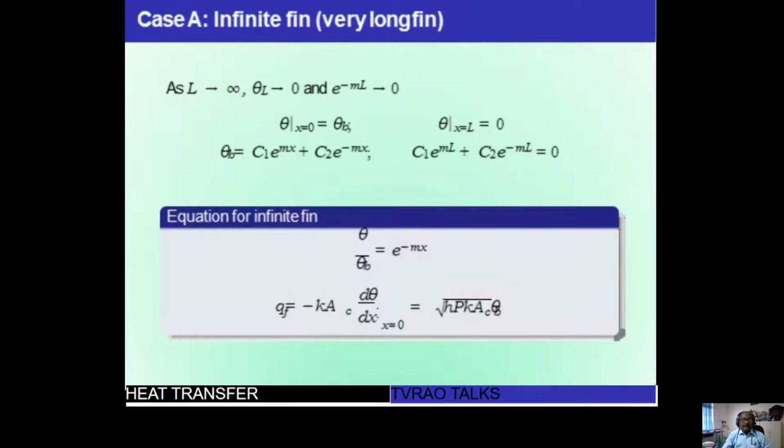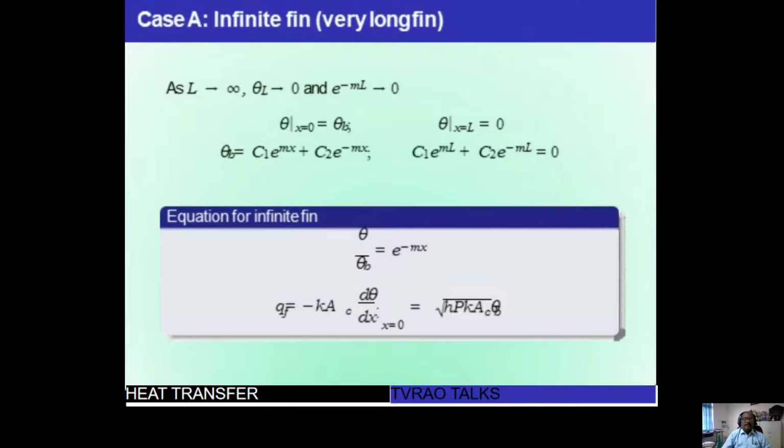When the fin is infinite, that is a very long fin, it means L tends to infinity. As L tends to infinity, theta L tends to 0, and e to the power of minus mL also becomes 0. So in particular conditions, you